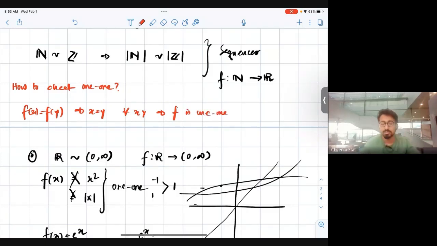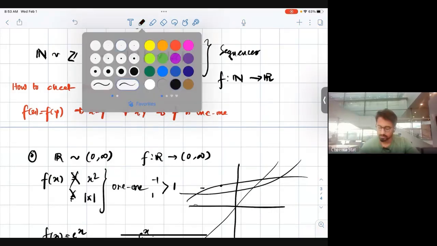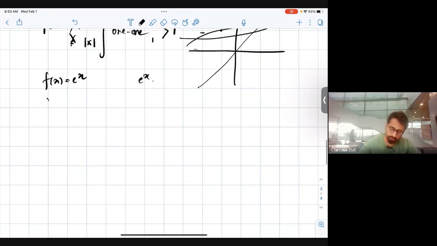For surjective, you say that for every z there is some x such that f(x) is equal to z. But that's easy to understand. So you can understand. Therefore, y = e to the power x is 1-to-1 because